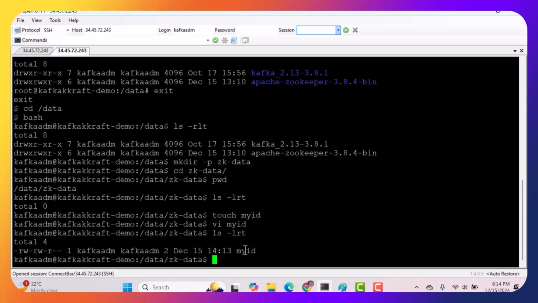Okay, it's not mandatory to give 1, but you must ensure that if you have a 3 node cluster, 3 node Zookeepers, and you have given 1 for node 1, you should not assign myid 1 again on node 2 or node 3. You should assign a different number. But generally what we do is 1, 2, 3. Let's say there is a problem and the Zookeeper ID is showing as myid 3,